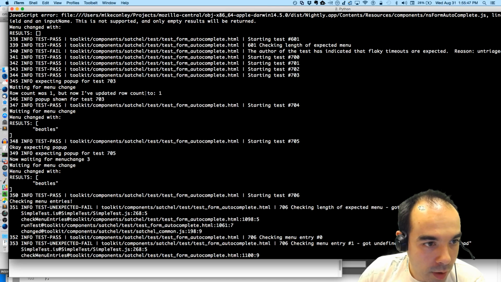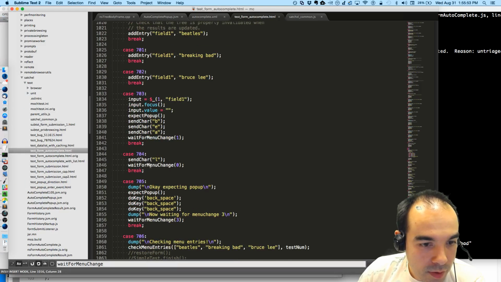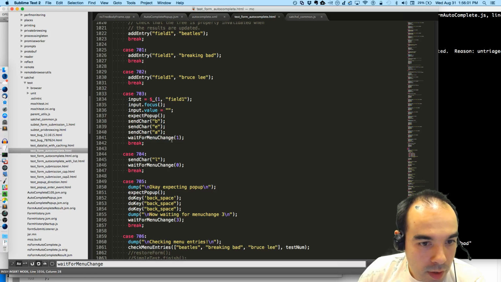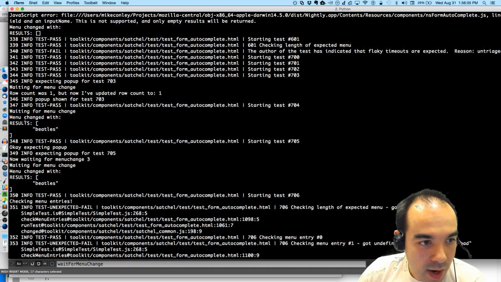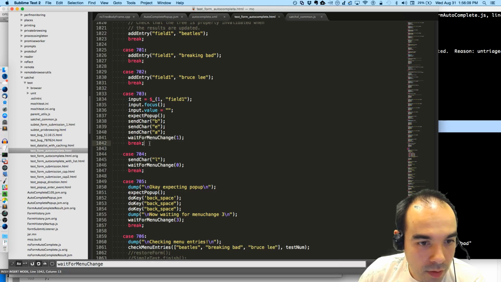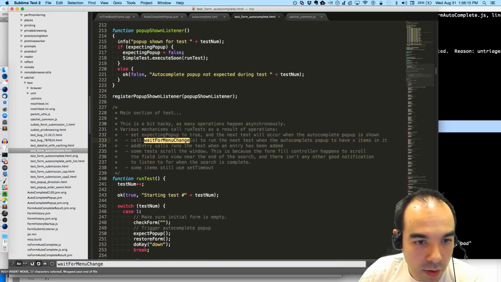I have row count to 1. 704 starts. Interesting. 704 starts after the results have come down. Maybe I need to more understand how these things work.